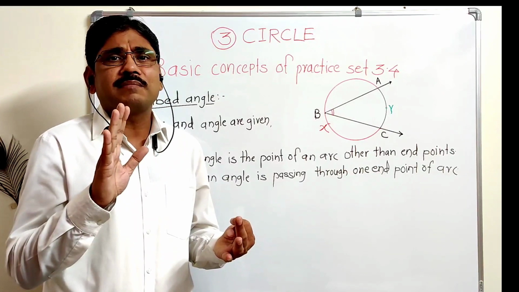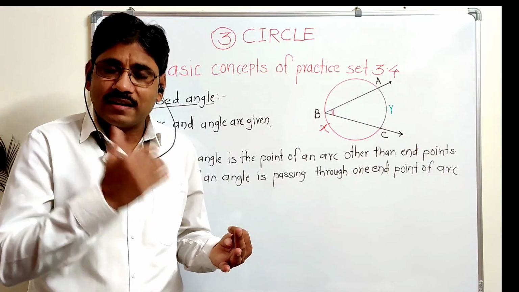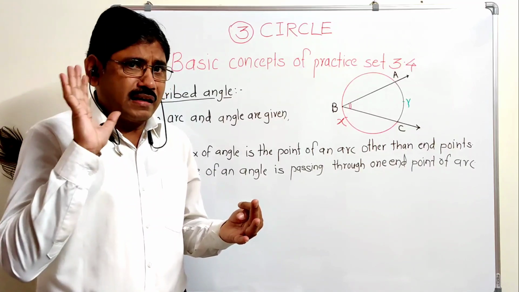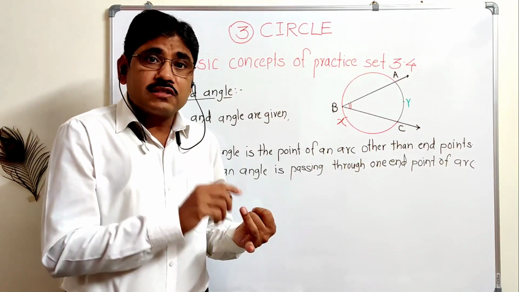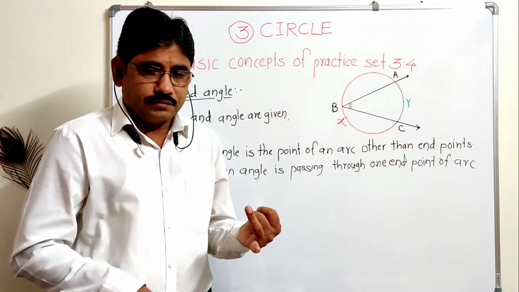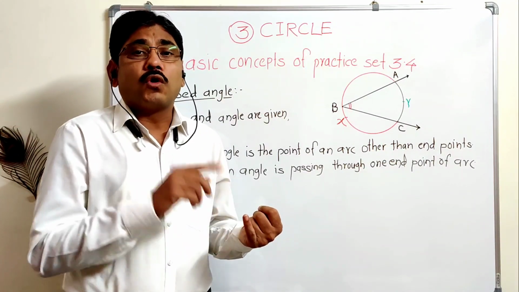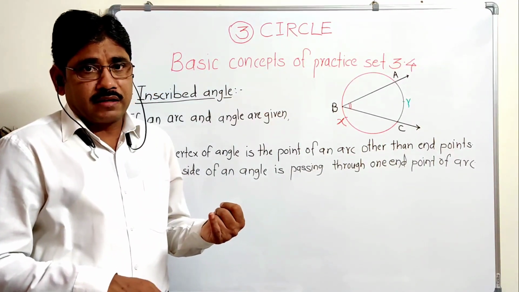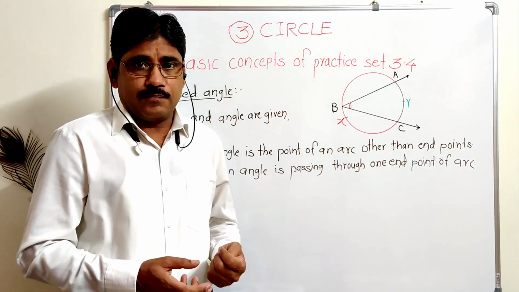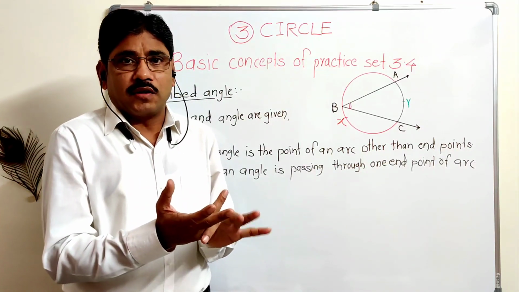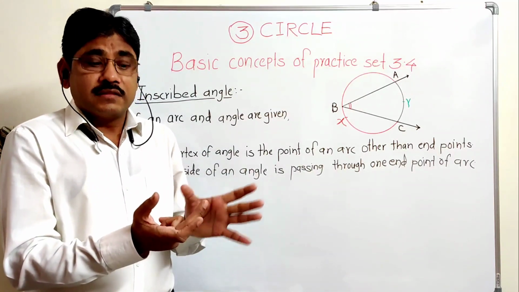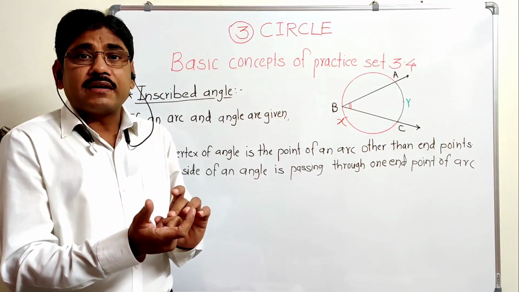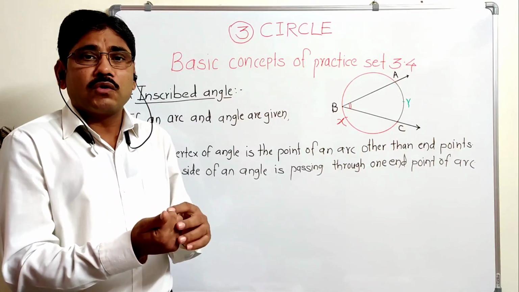We studied those concepts in 8th standard. We just have to revise that. We only have to remember, nothing else. The third concept is the inscribed angle theorem. Then two corollaries of the inscribed angle theorem. Then cyclic quadrilateral, the theorem of cyclic quadrilateral. Then one corollary of cyclic quadrilateral. Then the converse of the cyclic quadrilateral theorem and one more corollary.